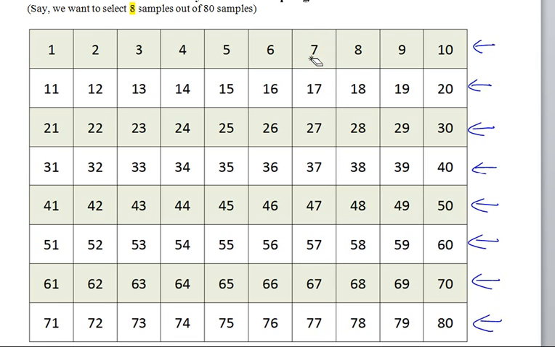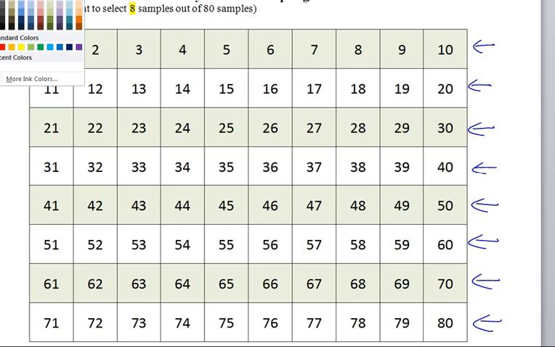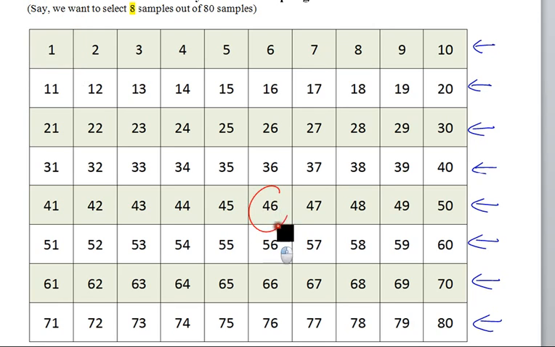I randomly generate a number from 1 to 80. For example, I pick 46. Then I do the same thing, I still plus 10. Plus 10, I get 56. Plus 10, I get 66. Plus 10, I get 76. Then I plus 10 again,